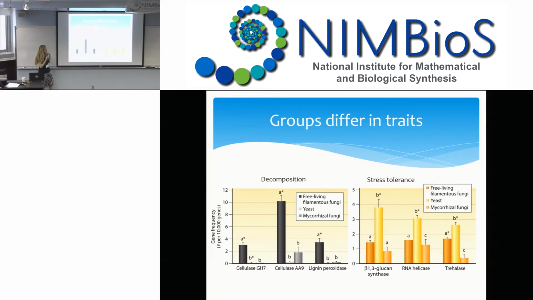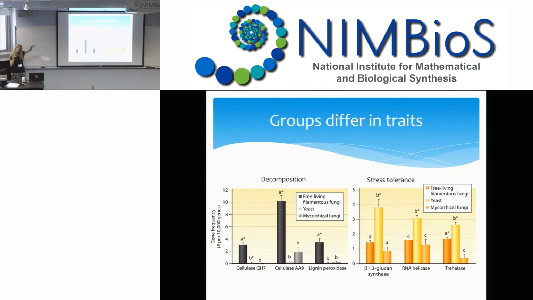All right. Now, the mycorrhizal fungi, from just looking at this complement of genes, look like they're not good at either of these things, but I will just say mycorrhizal fungi have a lot more going for them. They have this relationship with the plant, and the plant will give them carbon. I just didn't look at those genes for that. Okay, so it looks like these genes kind of sort out by these morphological groups.